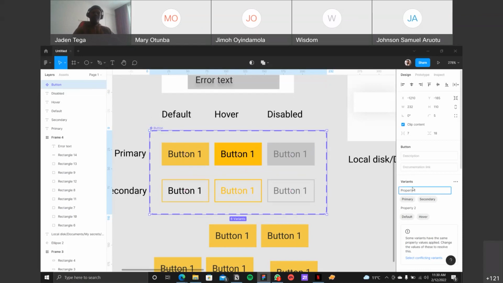So if I say primary, secondary, I can call this type. Just stay with me. I can call this type. So what type of button do I want? So I want you to see it as all these buttons are like